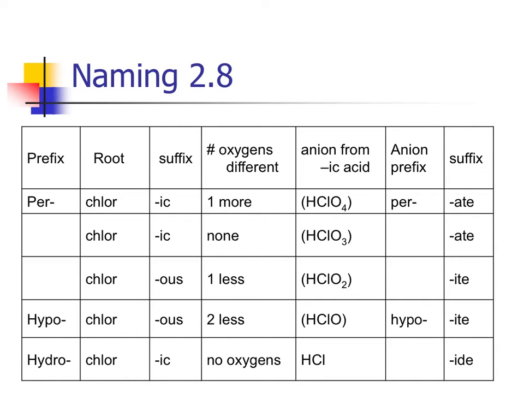This is a chart that some students have found helpful. It is in the naming packet that I have supplied to my classes. Some find it helpful, some find it confusing. I think you have to know your acid names a little bit more to understand it, and maybe that's why some students don't like it. It is a little bit over cumbersome, but some things that we can see: